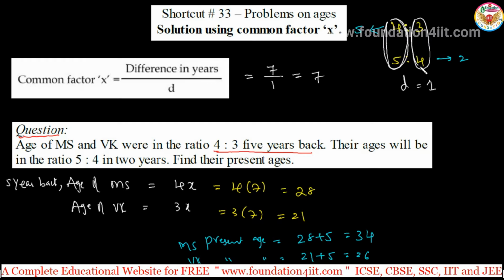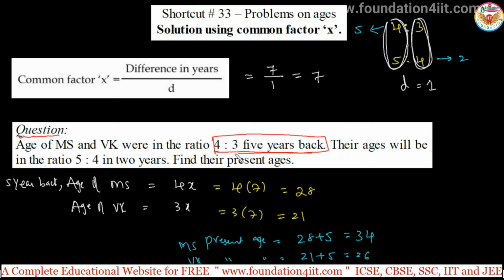Like this you can check. Okay, 4 to 5 difference is 1, 3 to 4 difference is 1. And sometimes 4:3 and 6:5 means 2 is the difference. Okay, this is a common factor to find the x value we can apply. That is what was asked at the start. 4:3, no, this is 5 years back. This data we are getting. Then according to this percentage we can find out. Okay, you can apply this technique in a few problems on ages.